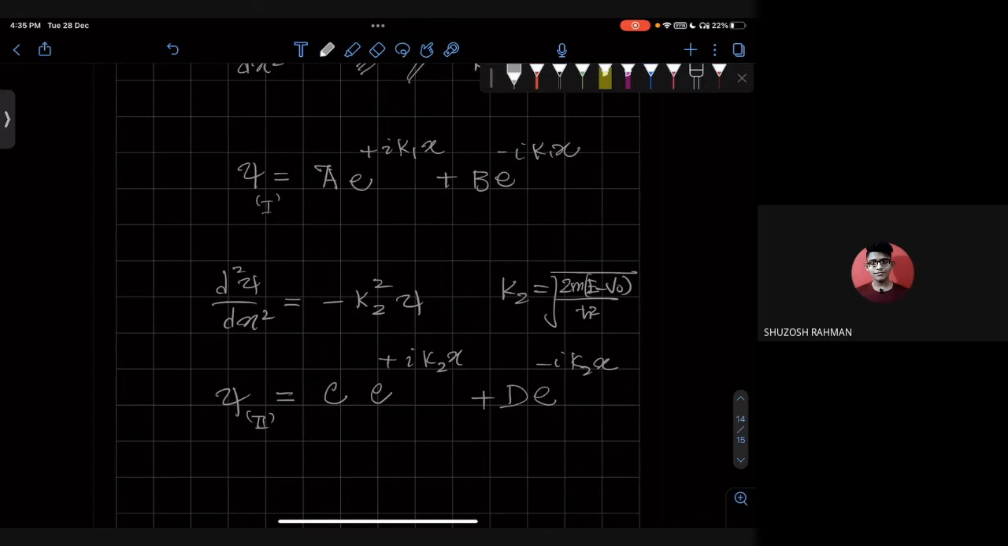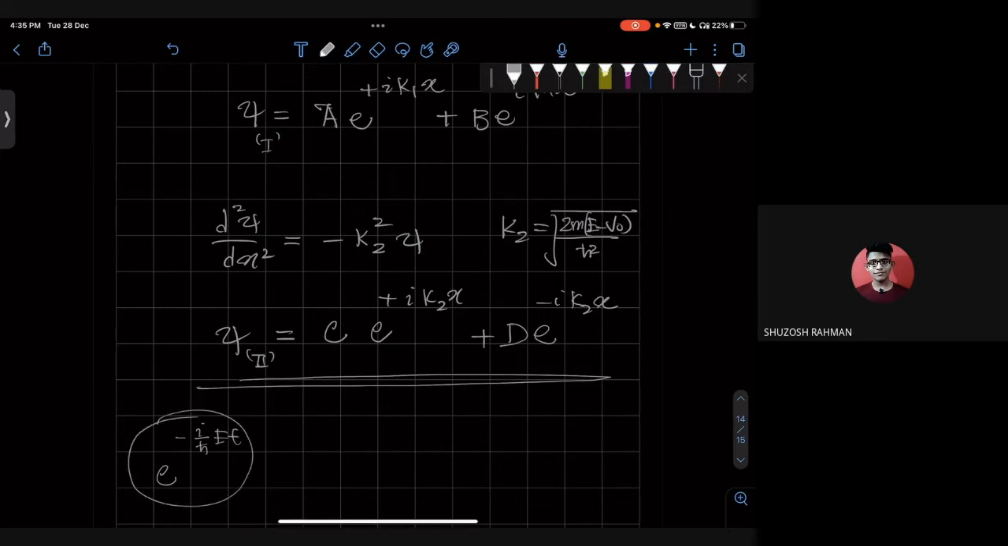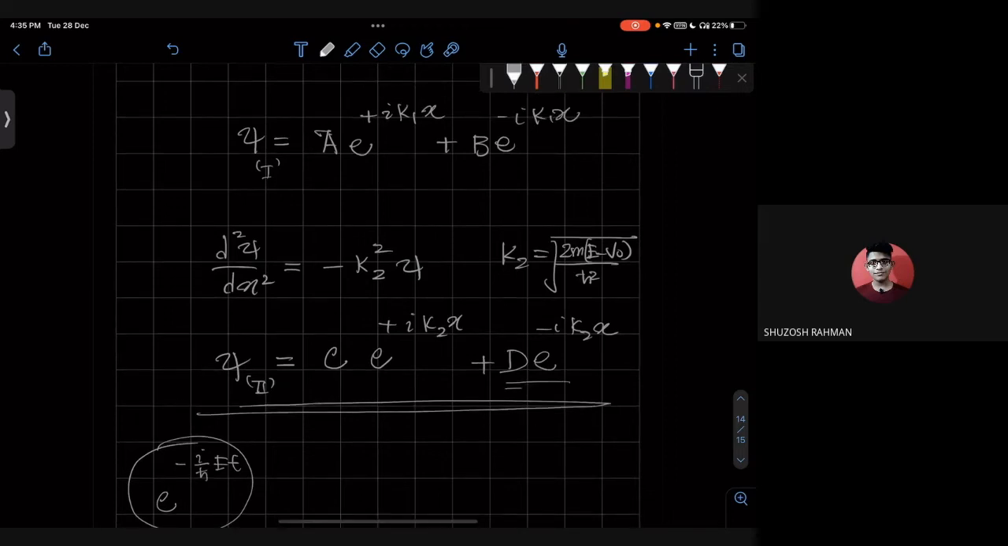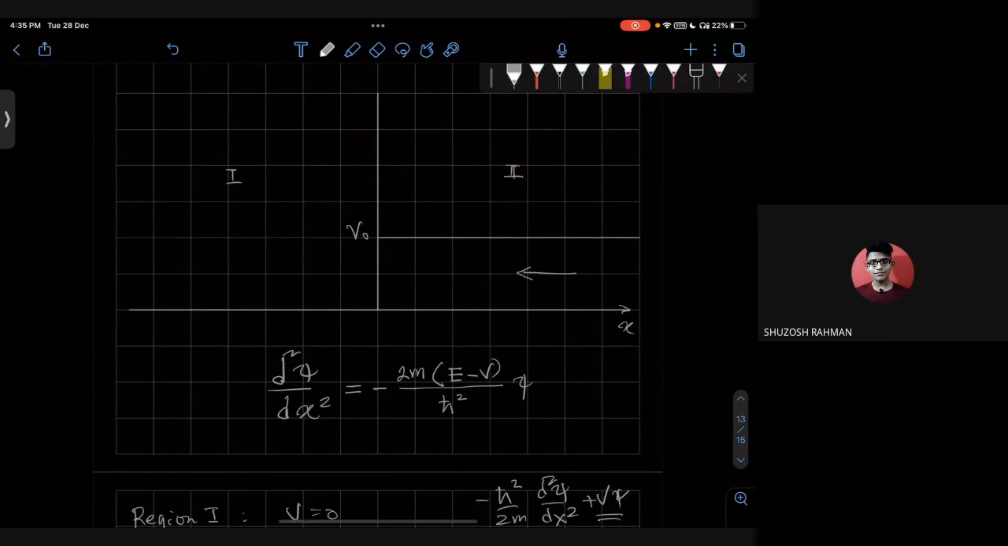Yes, sir. Yeah. Now, these are static solutions, right? If I want to evolve it in time, I have to multiply this energy eigenstate with e to the power minus i by h bar E t. This is the time evolution operator for energy eigenstates. If I multiply this, because the sign in front of x is the same as the sign in front of t, this will represent a wave moving in the left direction. And over here, we don't expect a wave moving in the left direction,